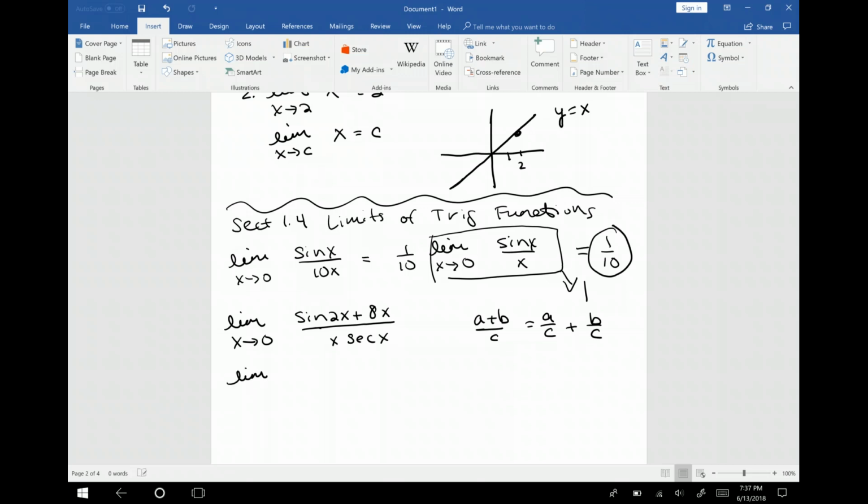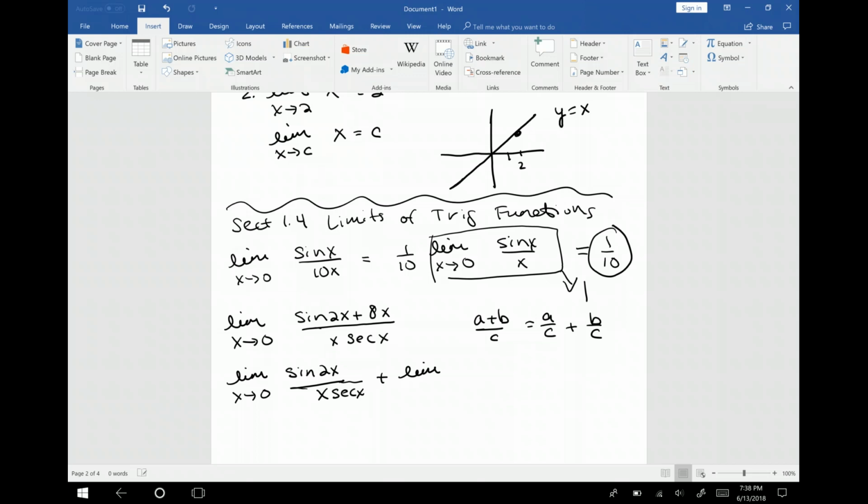So let's do that same division here. We have sine of 2x divided by x secant of x, plus, and then I'm going to separate this using those limit properties,